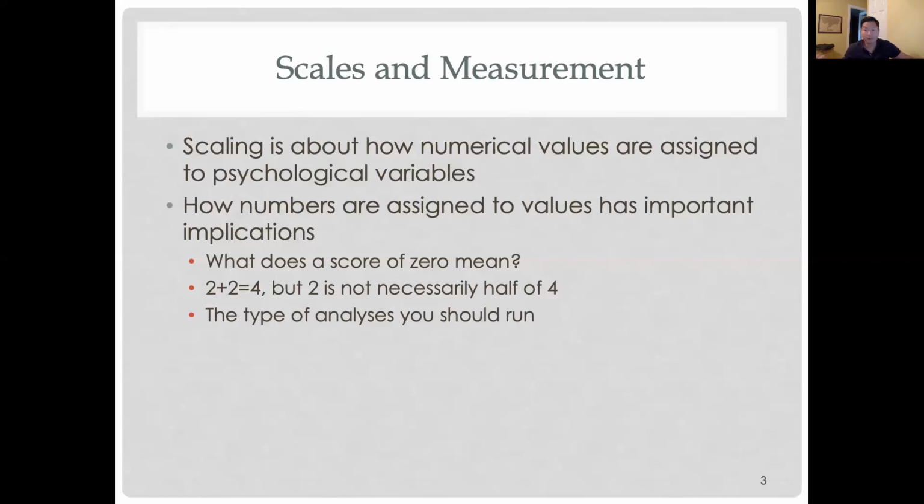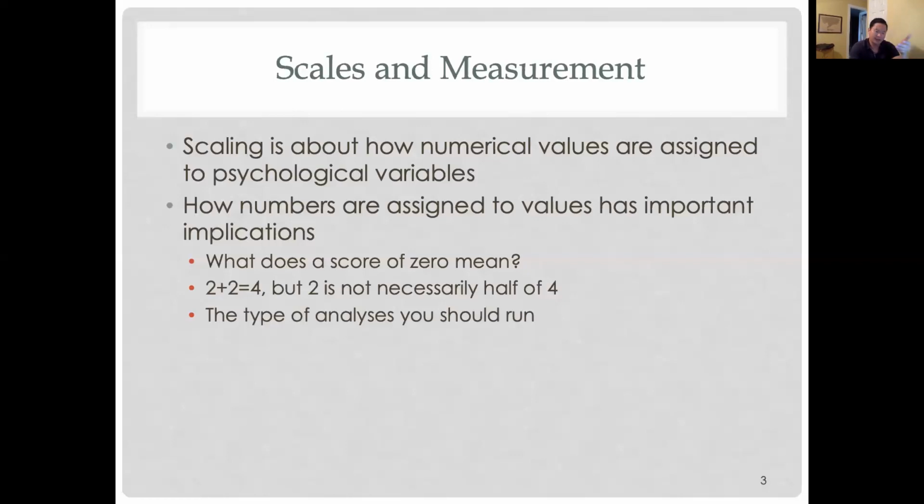So there's a theoretical thought that goes into this. What does 0 mean? Is having a score of 4 really double than having a score of 2? It depends. If I ask you, how many office items did you steal in the last month? 4 is, in fact, 2 more than 2. It's double that, so that actually works. If I ask you, do you steal office supplies? Rarely to always. 4 is not, in that case, double 2. So your anchoring, your scaling matters.